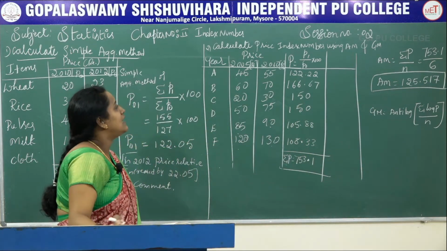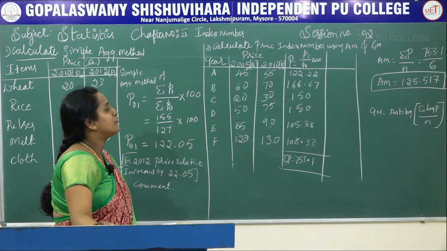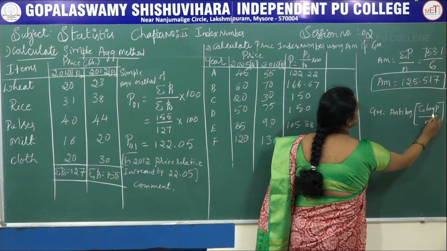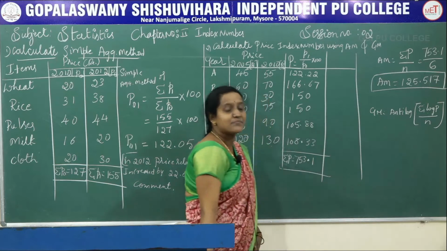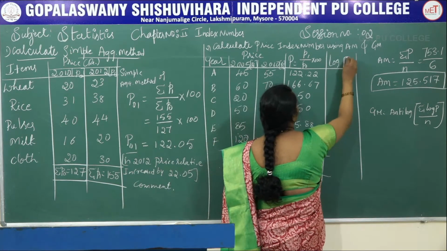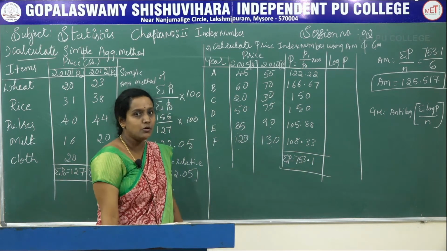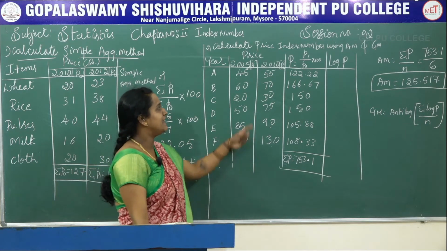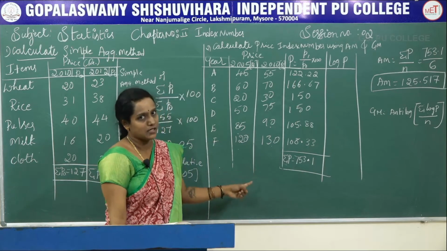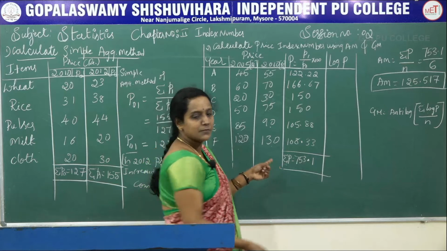Next index is using GM, that is geometric mean. To find the geometric mean, we want log P, the logarithm of P. To find log P, we have already calculated the P value, that is the price relative capital P value. Take the log of each and every P value using your scientific calculator. So here the log P values are like this: